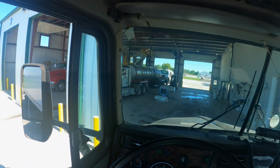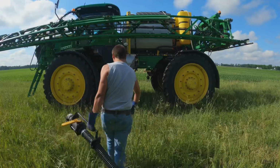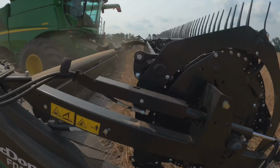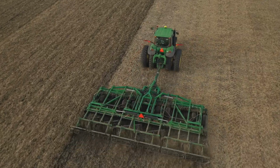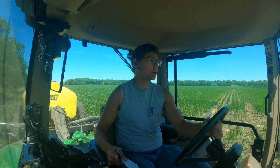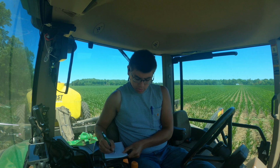Tender's behind those two tankers over there. So 40, 55, and 50 going from east to west. Alright. Then, alright, then that...